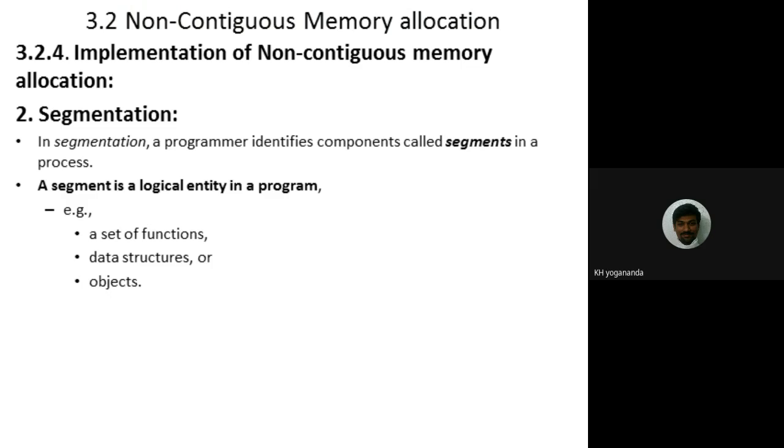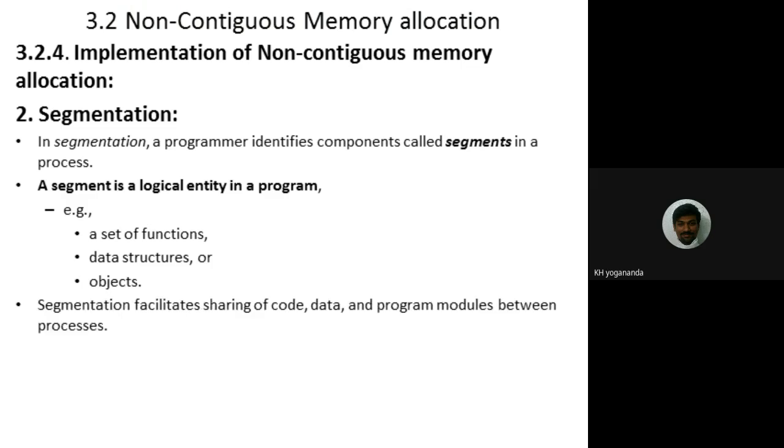So we'll be constructing the C program in such a way that we'll have one main program. Apart from that, one function for addition, one function for subtraction, one function for division, one function for multiplication. These are called a set of functions, and each of these functions can be called a segment. That is an example you are very familiar with.